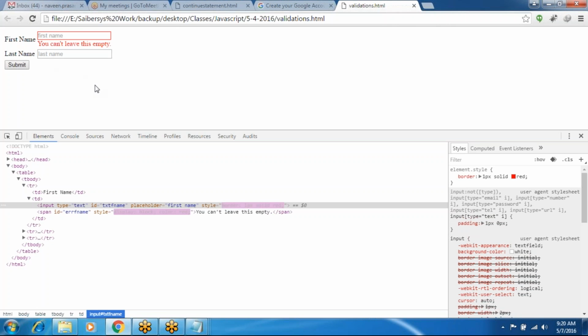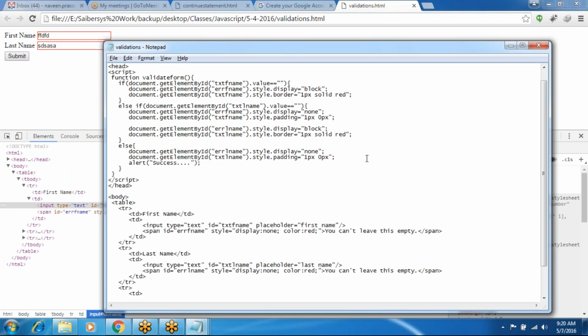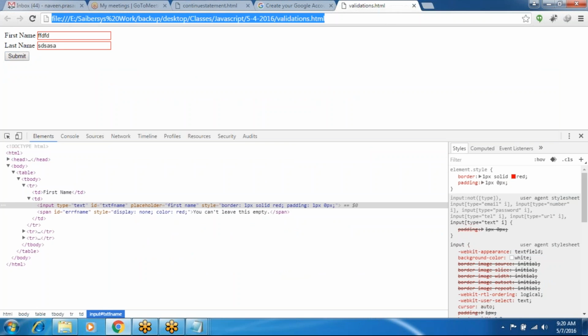Okay, submit and enter any text. So this one also the same, success. The padding is also not correct here.